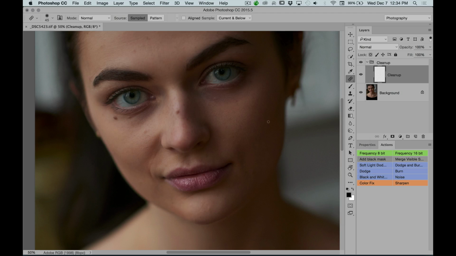So with that being said, I'm going to go back into my healing brush on my blank layer set to cleanup. The way the healing brush is going to work for me specifically is I will have my sample set to current and below. That's going to allow me to make sure that every stroke and cleanup process that I do